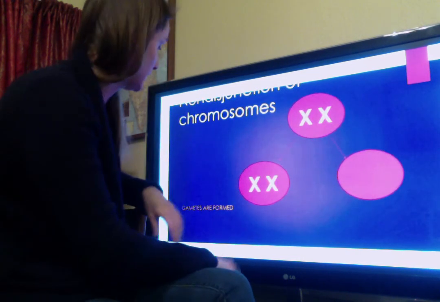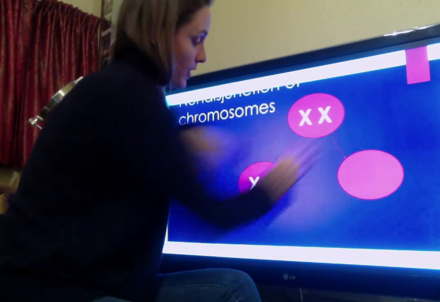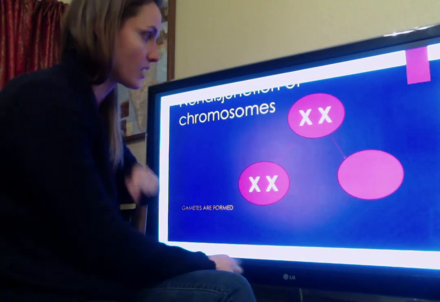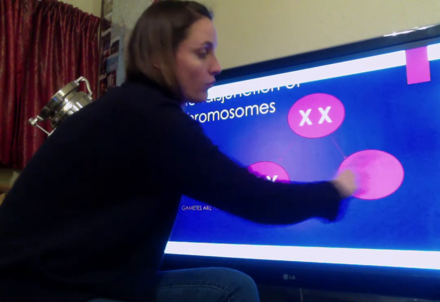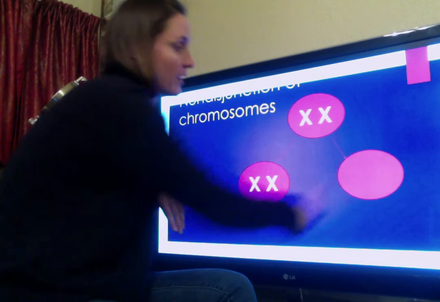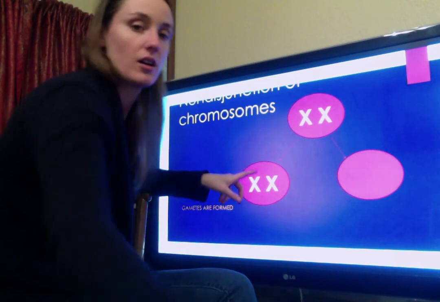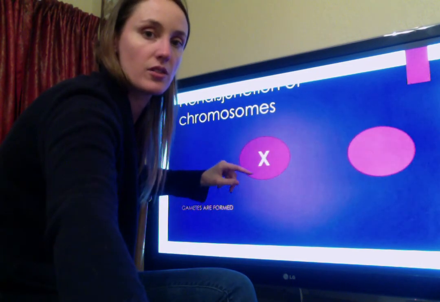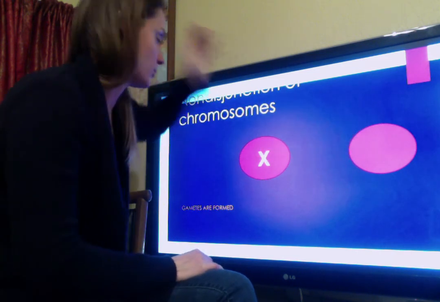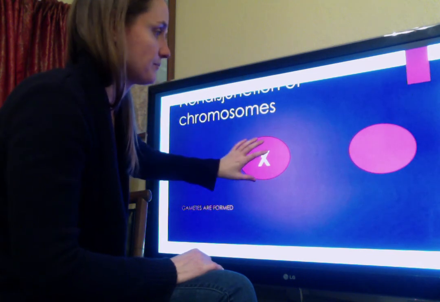Now let's look back. So we said that this was supposed to separate, and we were supposed to have one X here and one X here. So whatever happened to this ova that formed? If there was an ova that formed, whatever happened to that? We're going to look into that and try to figure out what's going on. So here we're going to pretend Dad gave an X this time. All right,